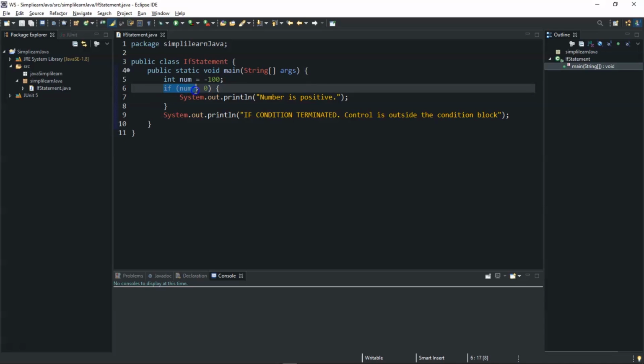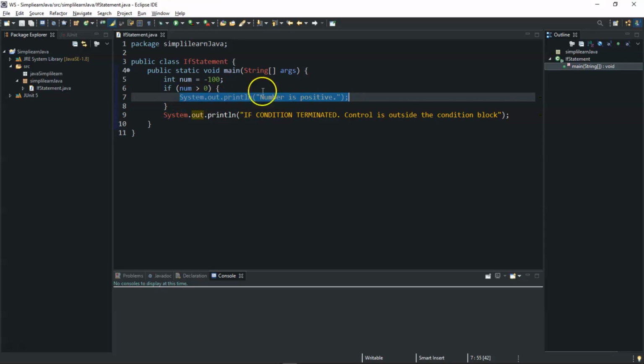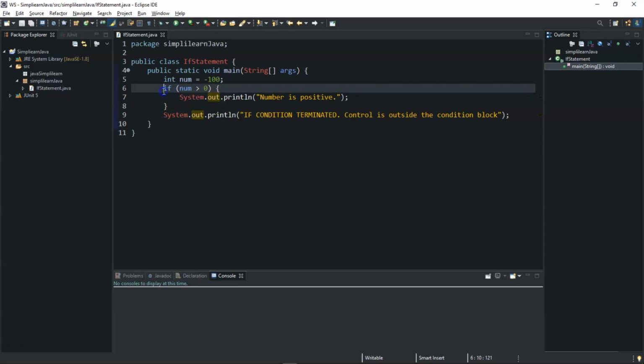So this is where the conditional statement is provided. So the condition is, if the provided number is greater than 0, then the control should enter the block, which is this particular segment, and execute the statements present inside it. So here we have one single statement, that is a print statement, that says the number is positive. In case the condition fails, imagine that the condition fails, then what happens is that instead of entering this particular code segment,